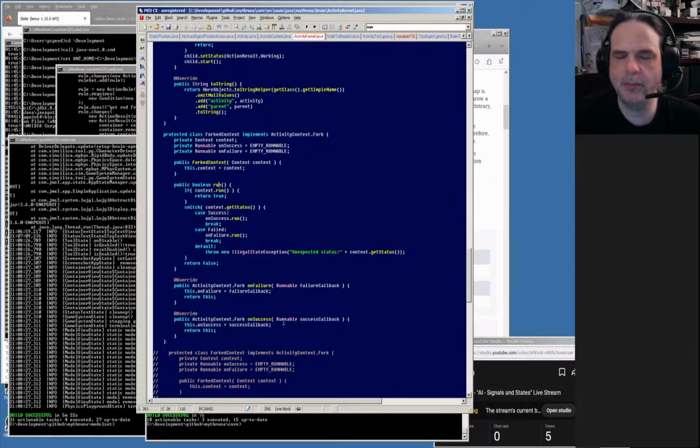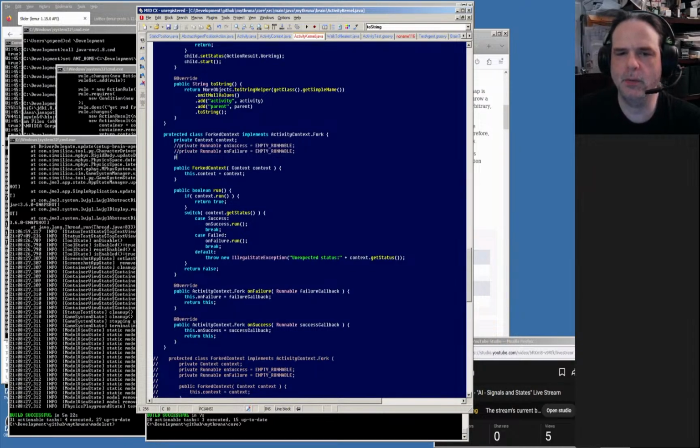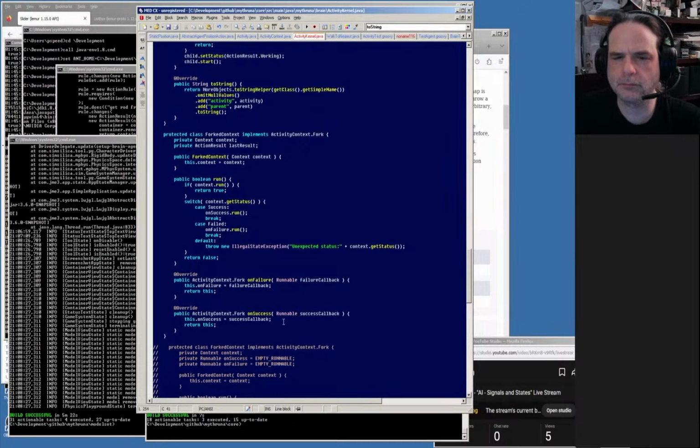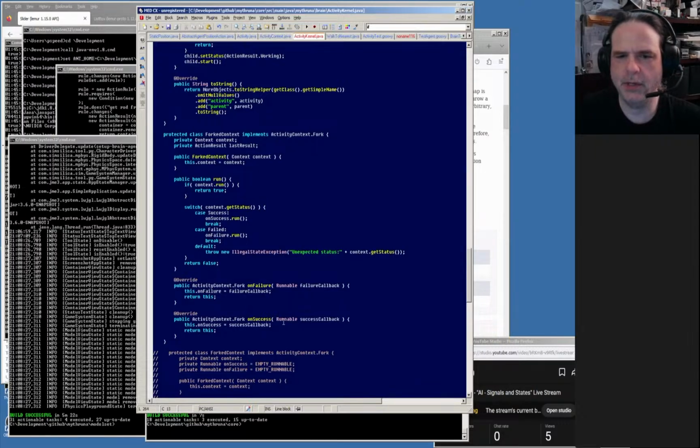Well, that's borrowing trouble from tomorrow, because I haven't implemented that yet, and so I won't need this. What I will need is action result, last result. I'm going to go ahead and clear these out. And so forked context, this will run the context, and if we're still busy, we do that. Otherwise, we'll capture the last result